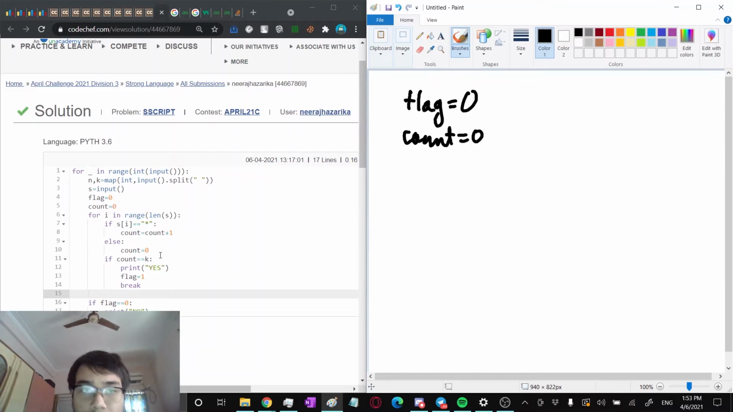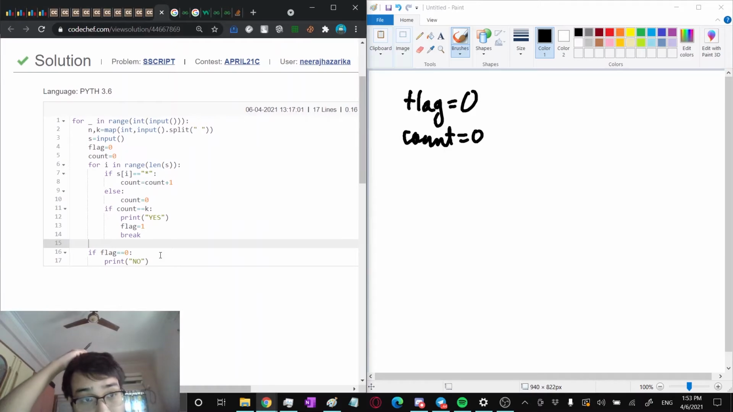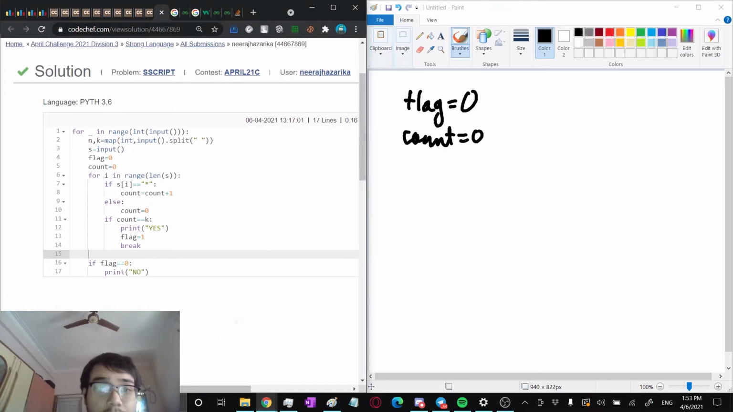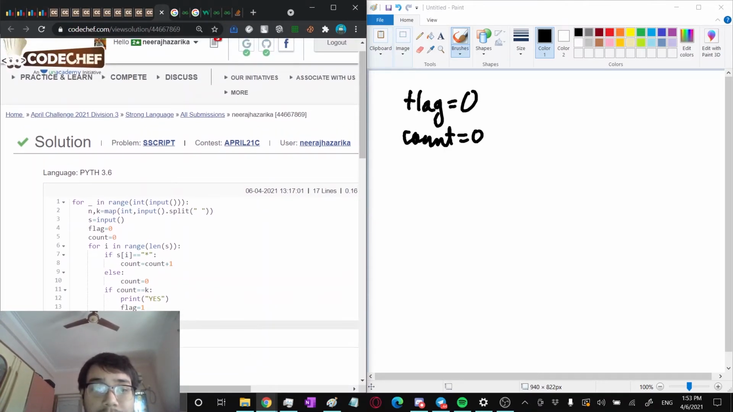Flag could be considered as, I mean, we already found the solution, no need to check later. I mean, through the code you can understand what I'm trying to say, right? I'm not able to articulate my words pretty well. So